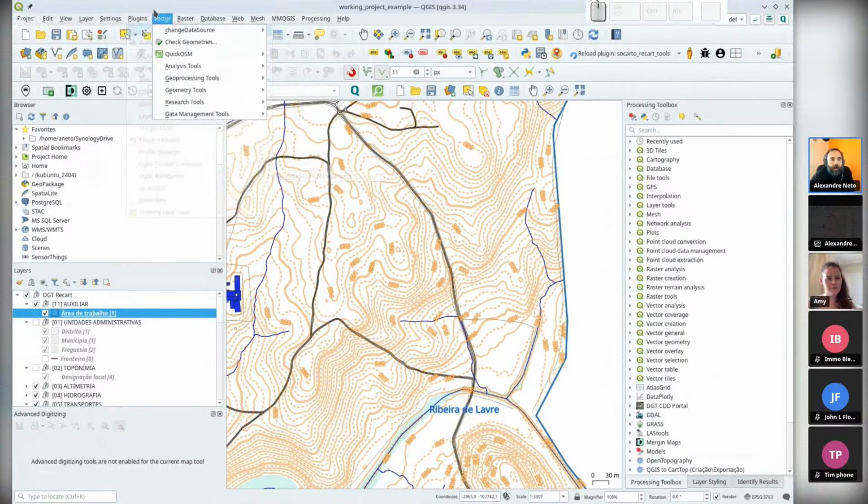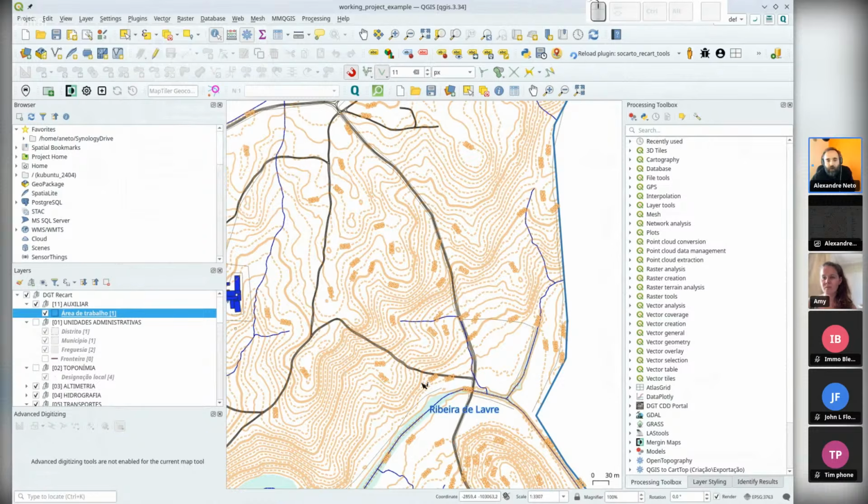Okay, it's not being very maintained, or there are no recent updates for it. But I find it still useful, more than presenting a solution. I think this plugin, which works, I use it daily, but it's not perfect. It shows an idea of something that we could have in QGIS,